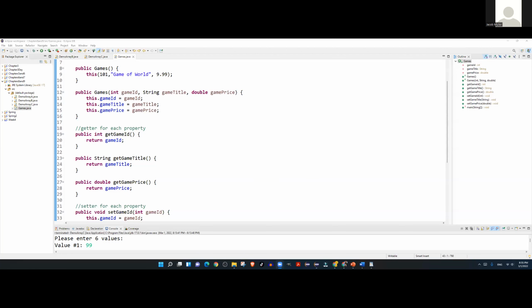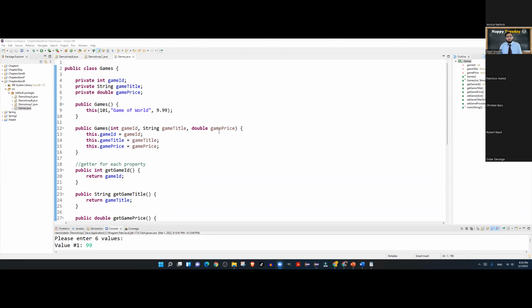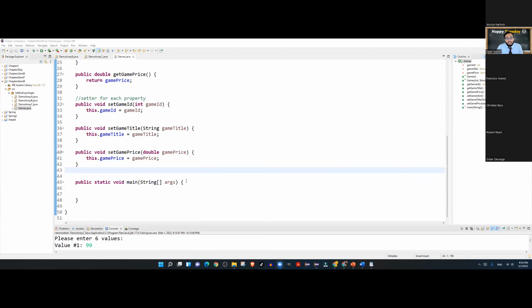So, everybody got this piece done, I hope, right? You should have created 3 properties, a couple of constructors, the default constructor calling the other constructor with some initial values, and then a getter and setter for each one of the properties.